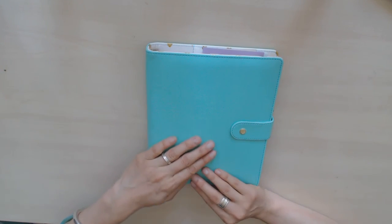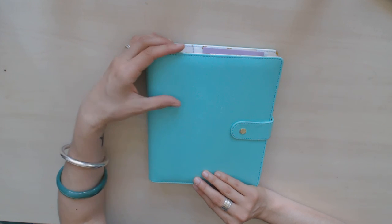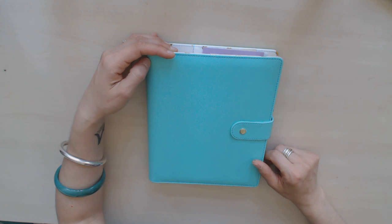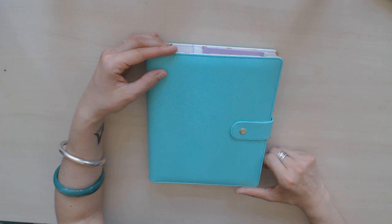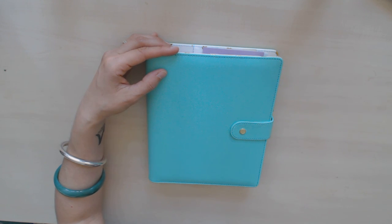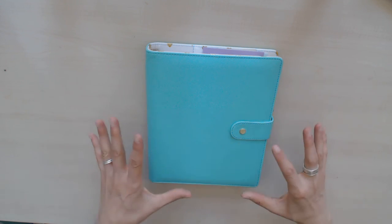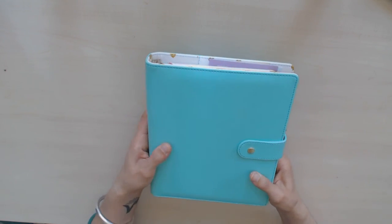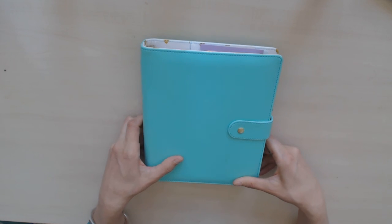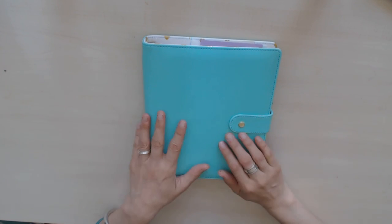So I think this has a really nice high quality feel, definitely compared to Filofax. Really, really nice quality stitching. The finishing is good on the pockets, and I really like that, because on a lot of planners, I feel like the inside pockets are not very well finished, but with this one, all of the details are really nice. It has a really sturdy, solid feel to it. I'm not sure what I'm going to do with it,